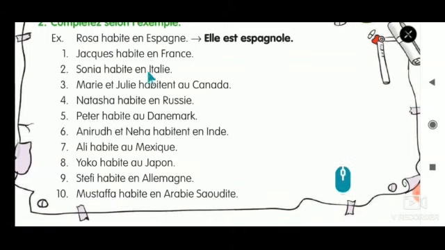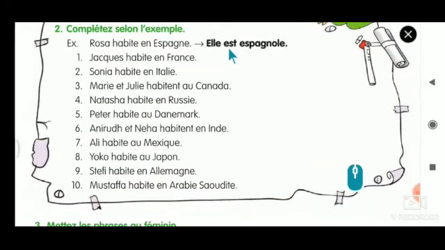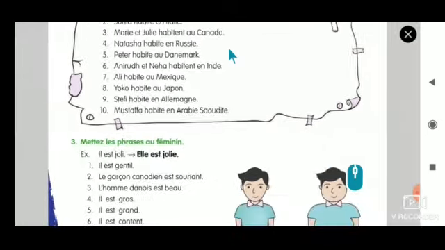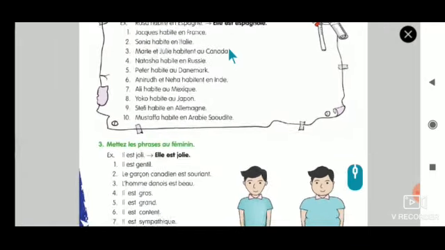So already I have given the answers here. The only thing is you have to try on your own and you have to write the answers. You can write it in pencil, and in the upcoming class, or in the answer key, I will show you the answers. So just try this on your own. And so the nationality-based exercises are exercise number 1 and 2. So that we have finished.